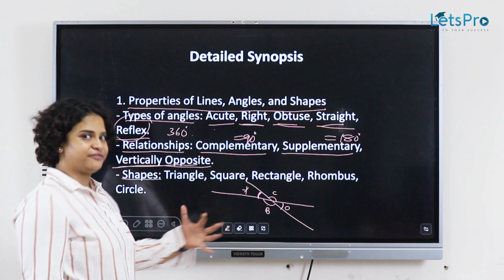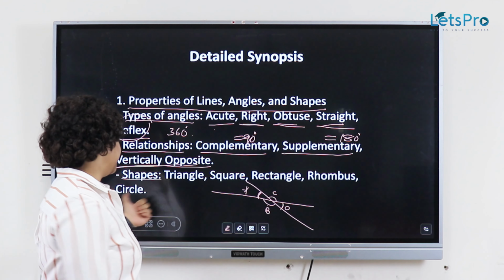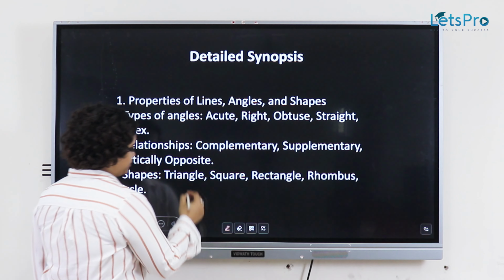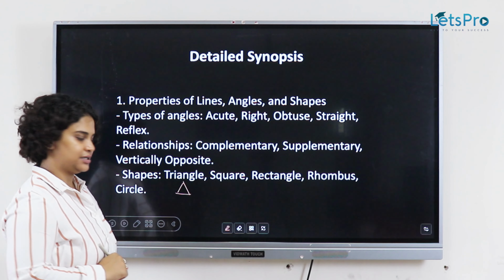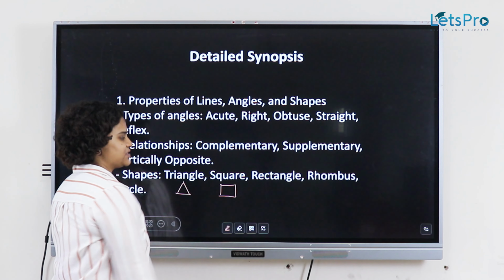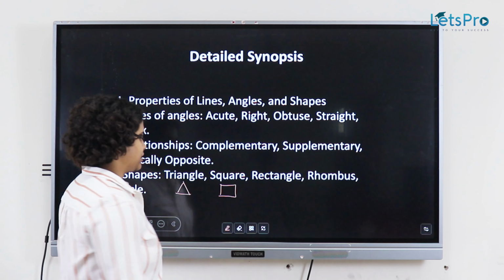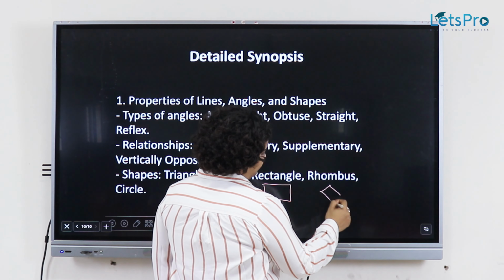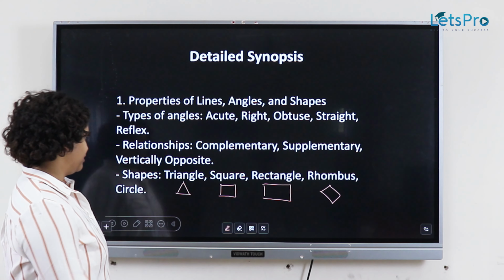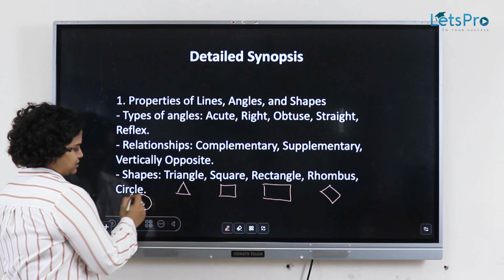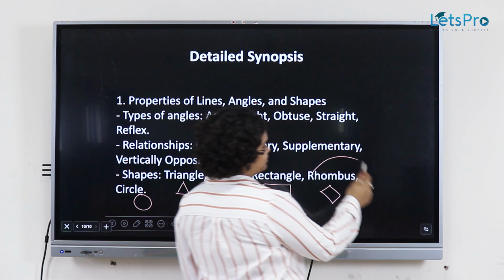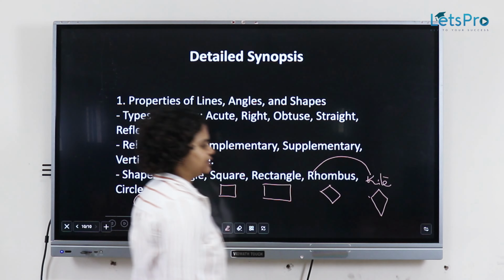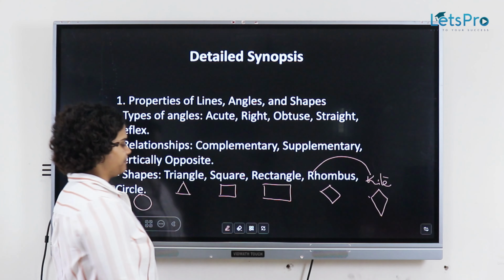Then there are shapes. There are different shapes, which are triangle, square, rectangle, rhombus and circle. Triangle, we've already seen what a triangle looks like. Let me swipe this for you. So triangle looks something like this, right? We know square looks like this. In the previous module, we have done a lot of problems based on squares, triangles and rectangles. So this is our rectangle. Rhombus is diamond shaped like this, where all sides are equal. Circle is nothing but a circle like this. Don't get confused: rhombus, there is also something called a kite where this is smaller and this is longer, right? That is a kite, this is a rhombus, that's it.